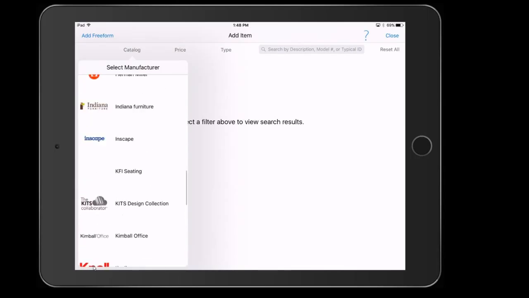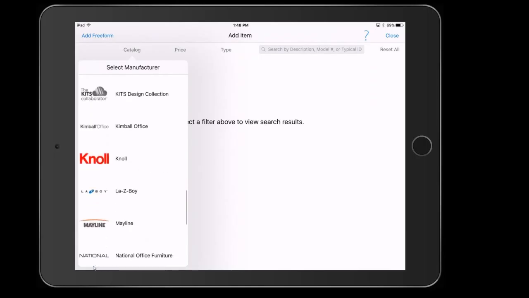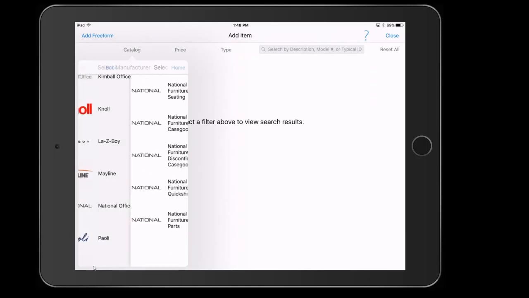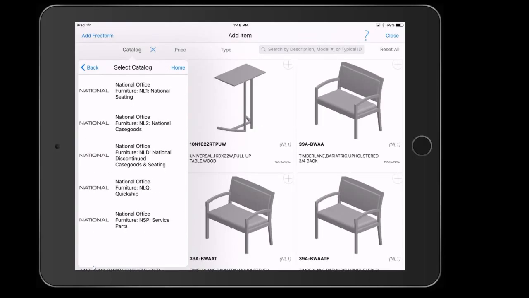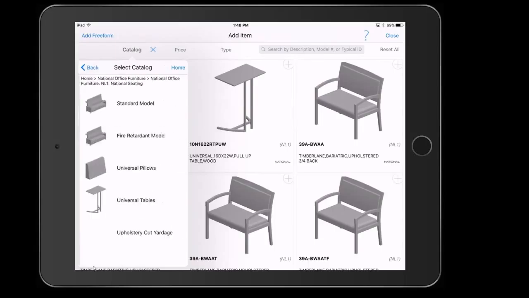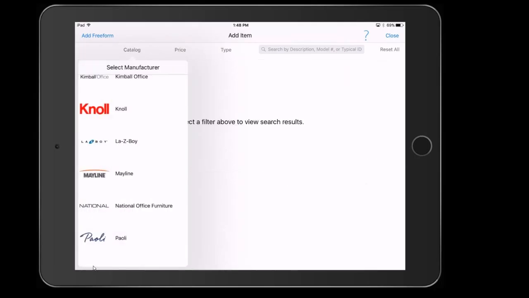And if I find that manufacturer that I want to use, all I need to do is tap on it. You can see here that it drills down into showing me those 5 available catalogs that I mentioned in the beginning at the catalog subscription screen. These 5 catalogs are available from National, which I've synced down to my iPad. Now if I drill down into one of them, it takes me right into that catalog, into some of the subcategories. I'm not going to go through this yet. I'm just going to tap on Home to get me back to the very beginning,